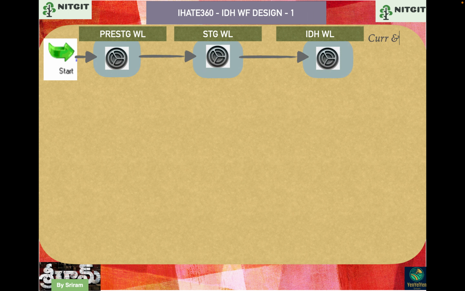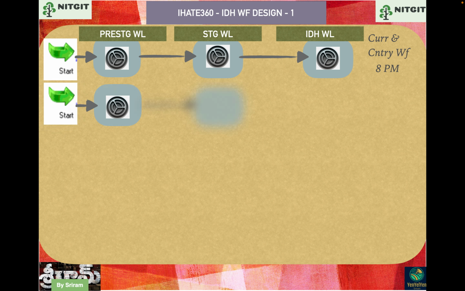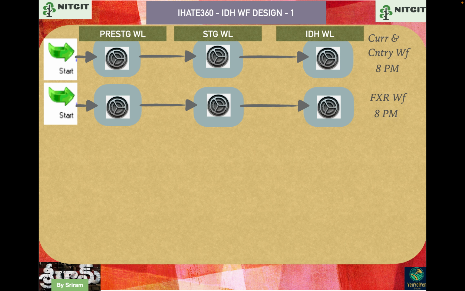So this is the currency and country workflow, which can start at 8 p.m., because the actual transaction and IHCS can start from 9 p.m. as per our load window. Before that, we need the currency and country data to be present as a dependency, right? Country and currencies are independent; they can load first. The second independent one is foreign exchange rate. This is not account basis; this is a rate on a particular date, the currency exchange rates. So these two have to be present before we go into the IHCS.